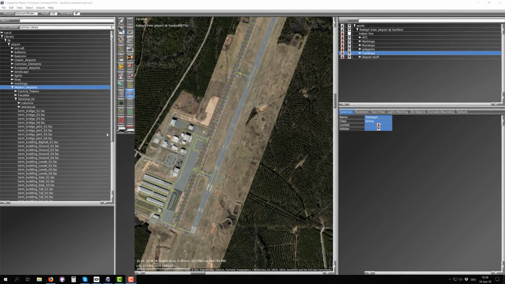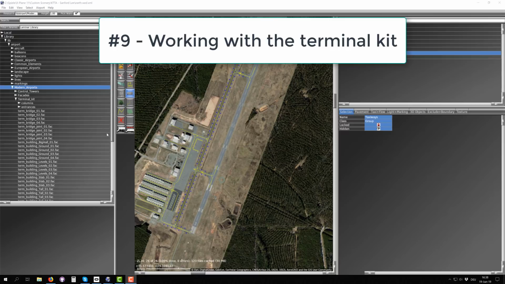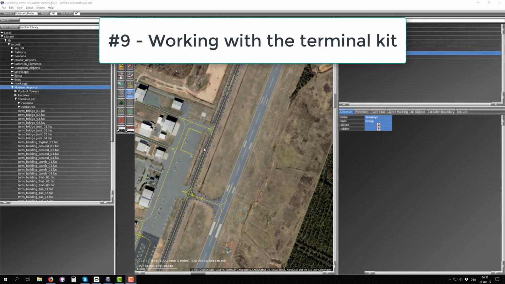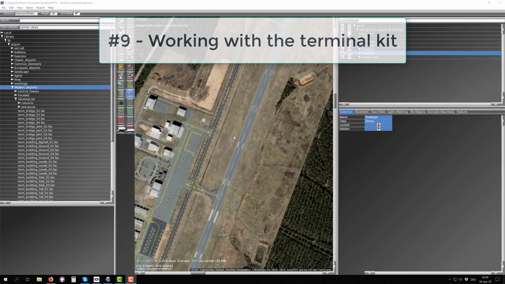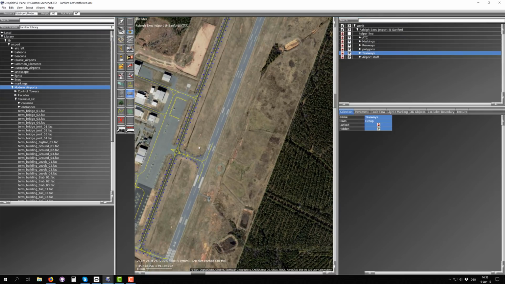Hi everyone, welcome back. This is number 9 of our video tutorial series for making airports for X-Plane with WED. And last episode was about facades, and today we are continuing with facades, but more specifically, we'll be talking about